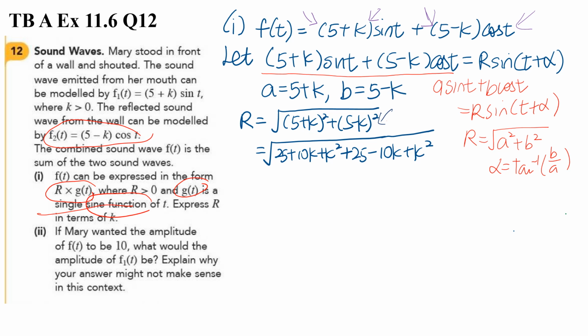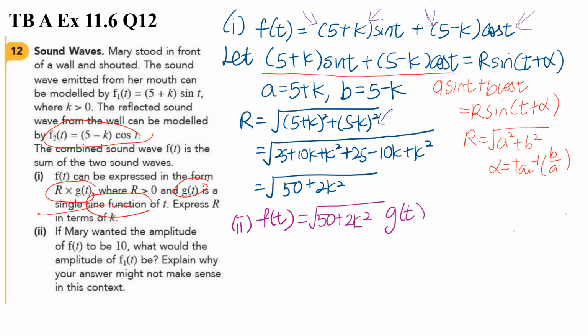Okay, so let's continue. I'm sure you'll be able to simplify this, simplify that, to get that part. I'm not going to go through it. By now, you should be proficient enough to do it. And then simplify some more. Okay, and that is what you get for the value of R. Done. Then for part 2, it says that if Mary wanted the amplitude to be 10,